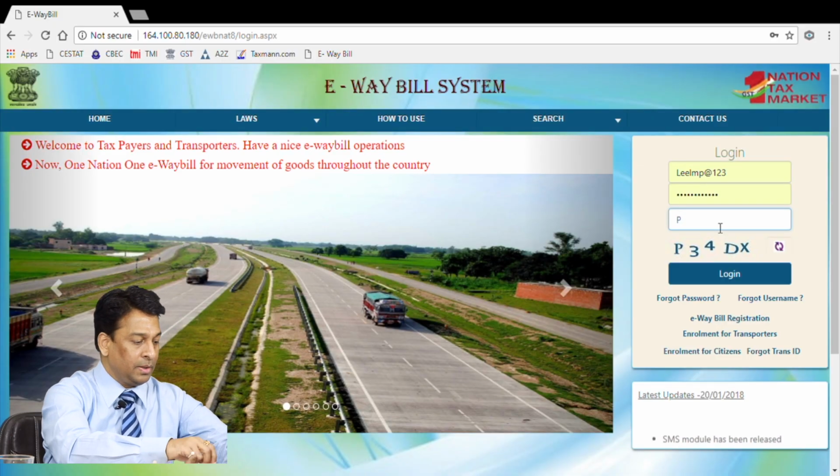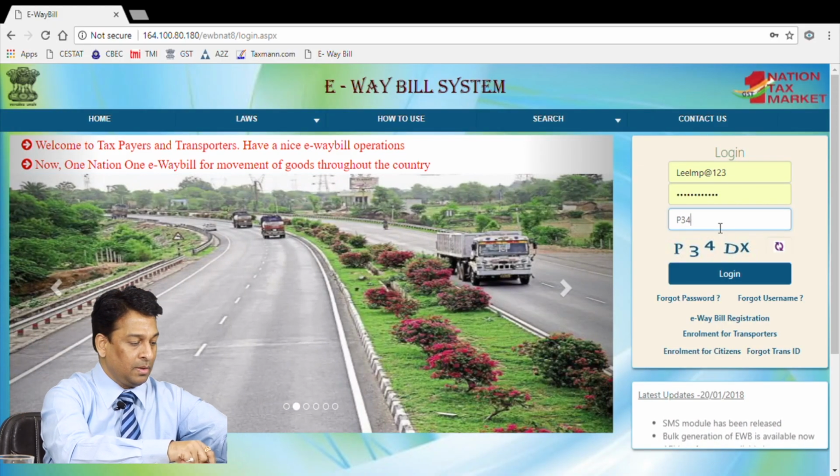I'm going to explain to all of you in a live demo, and the screen would be available before you so that you can check by yourself how you would be generating e-way bill and all related activities like cancellation, creating your customer master data, supplier master data, transport master data, and all other related activities. Let's start with